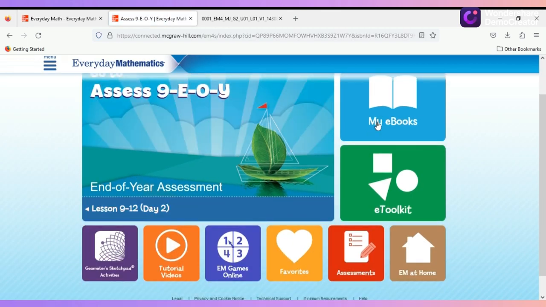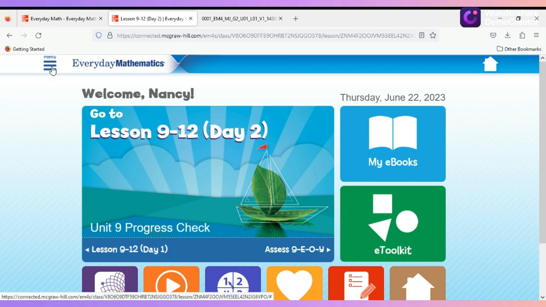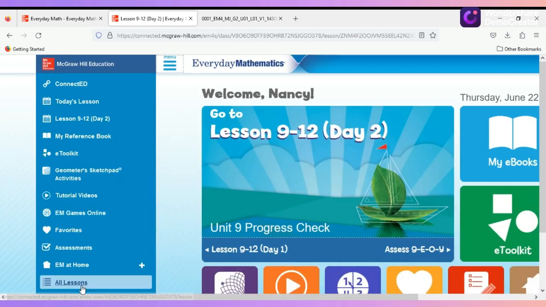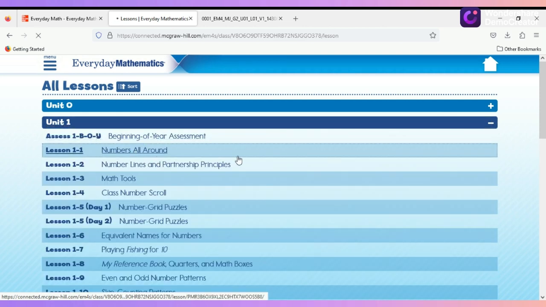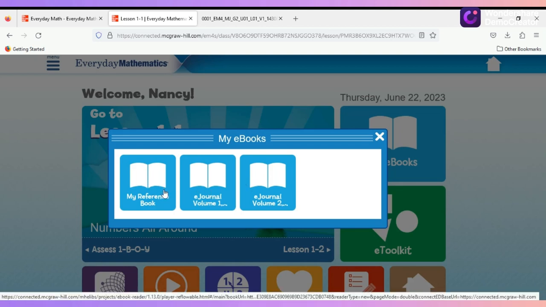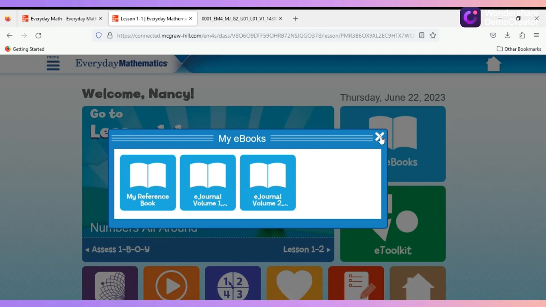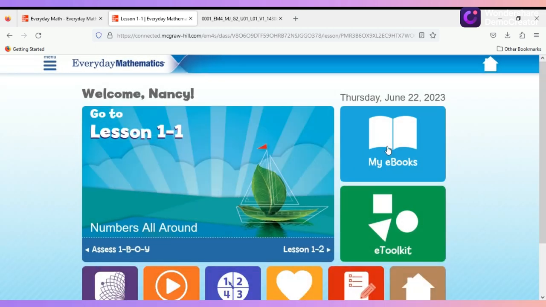They have their ebooks, which are their journals, plus I'm going to switch over to a lesson at the beginning so you can see what it looks like. Their ebook is their journal plus their reference book. So if you don't have paper copies handy, or if they're on their iPad at their house, if we had a virtual day and you wanted them to go and find it that way, when they go into their ebook